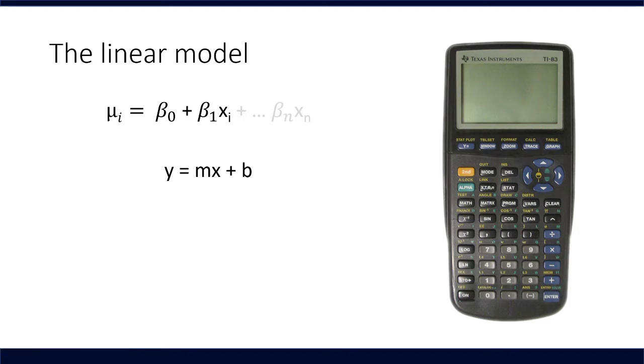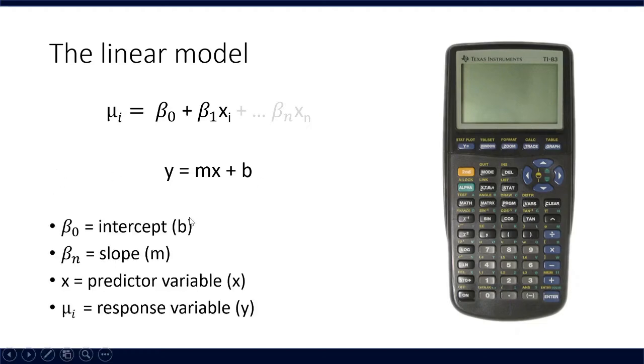Back when you're in high school or middle school or whatever, with your TI-83 calculators, running these equations, the intercept, beta naught, or beta 0, that's b in this equation, right? That's the value of y in this case at x equals 0. Beta sub n, or in this case beta 1, that's your slope, that's m. That's what you multiply by the x value that you're trying to understand and then add to the intercept to predict the y, right? X is your predictor variable,